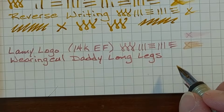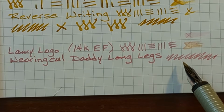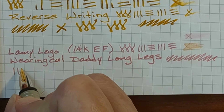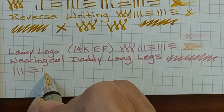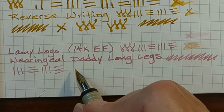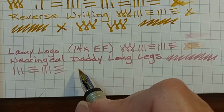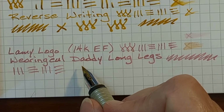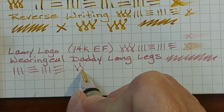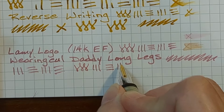And if I write too fast, well, see, that's pretty legible. Let's see. I don't know. If I write too fast, it just feels like there's not enough ink going on the paper. This is one of those inks that makes me want to slow down when I'm writing. Now, I will say, with this nib,